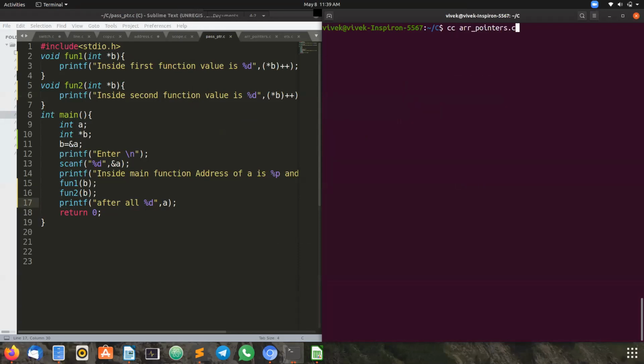Now you can see the output. I'm going to enter the value of A as 10.